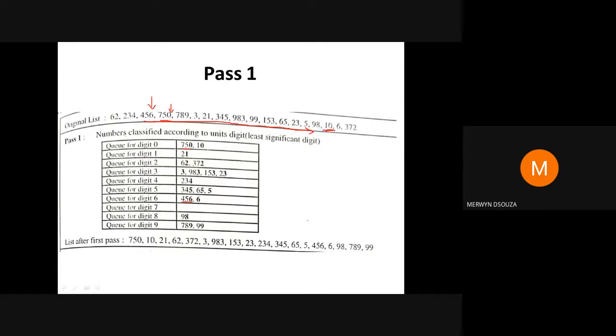Suppose you get 10, whose units place is 0. Since 750 is already there, you put a comma and write 10. If you find two or more numbers with the same units place, you put a comma and write all the numbers. Make sure the numbers are written in the proper queue for that unit.